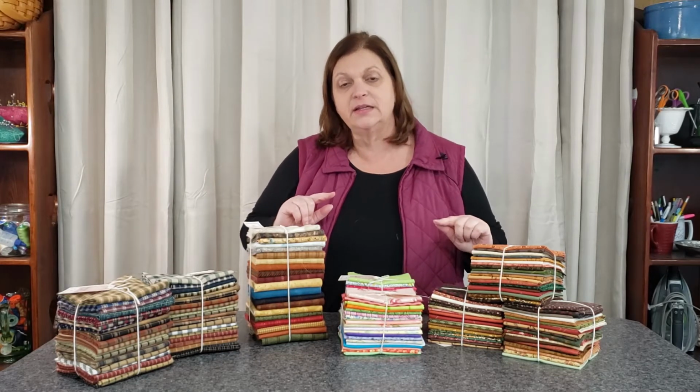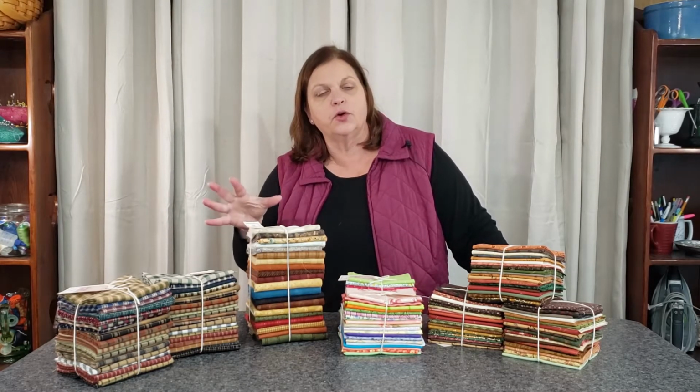So that is one of the specials. The second one is all of my PDF patterns. As a pattern designer, I've got hundreds of patterns that I've published, that have been in magazines, and I work with all the major fabric companies. A select group of those patterns are available on my Etsy shop as both print and PDF. PDF patterns are all 25% off. So boom, type your code in, type your card in, and you can download, and you will be sewing in minutes because the pattern is delivered directly to you. So 25% off all the PDF patterns, and for that you're going to be using coupon code